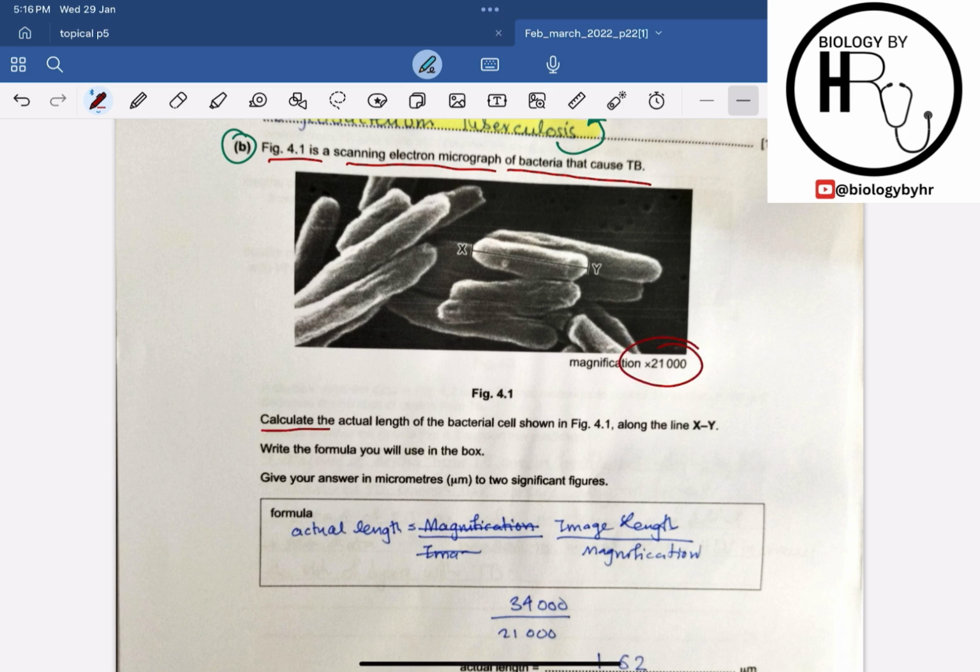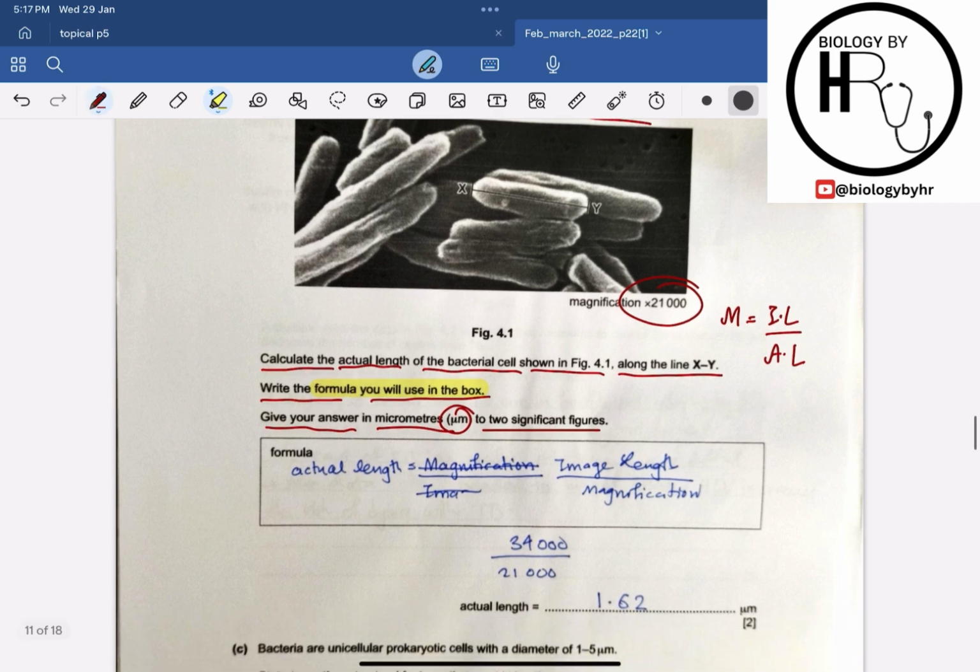Now they are saying calculate the actual length of the bacterial cell shown in figure 4.1 along the line XY. Write the formula you will use in the box. Give your answers in micrometers to two significant figures. Alright, so what is the formula for the magnification? The formula for the magnification is the image length divided by the actual length, and we are going to use this formula to calculate the